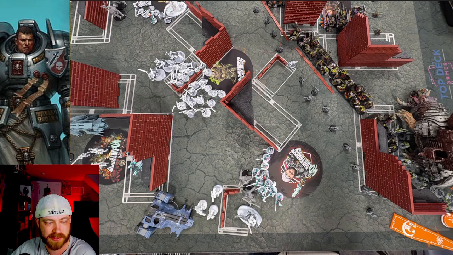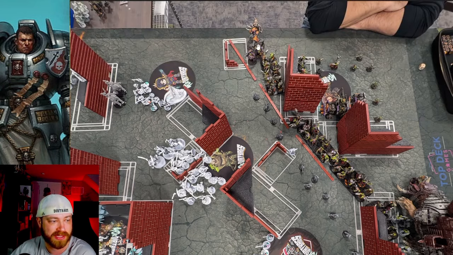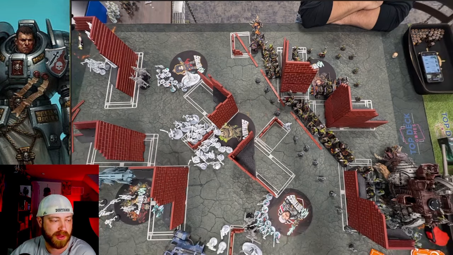Yeah, I'm not sure if they... I think I just tried to terraform everything, honestly. So terraform. He's got a lot of options to chew through. Hammerhead scooch up, get line of sight onto Gaz's unit. I wanted to try and move up this thing, so that way he can try and shoot